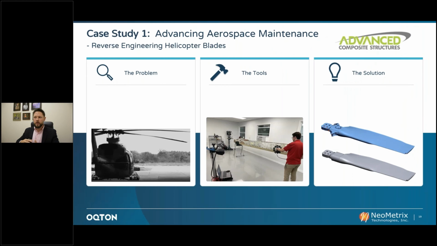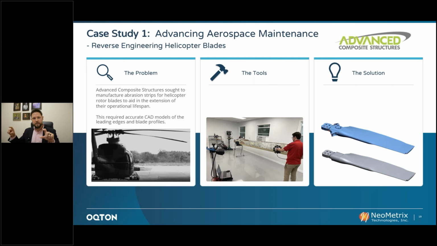So for case study one, advanced composite structures. These guys create helicopter blade abrasion strips is what I'm looking for. So we're going to reverse engineer those helicopter blades from some scan data that we take at their facility. These abrasion strips are made to prolong the wear on the blade and space out that maintenance interval that we just discussed. So it's a really cool application, but again, they need very, very precise data on that leading edge of the